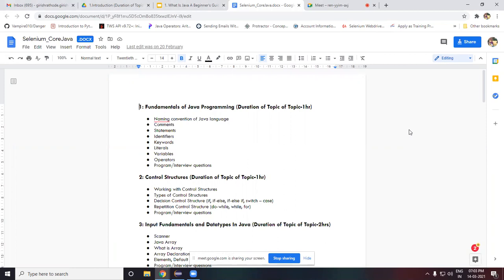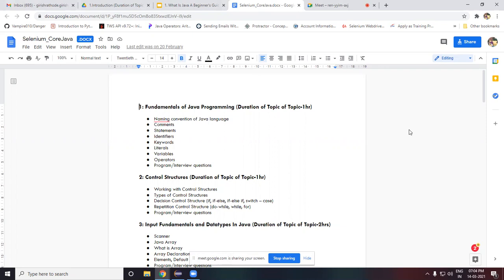So here we are learning one programming language, Core Java, and the other is the Selenium tool. We are trying to automate with the Selenium tool using the Java programming language. In order to start the Selenium tool, we have to start with Core Java. Core Java consists of the basic programming concepts required for a beginner-level programmer.